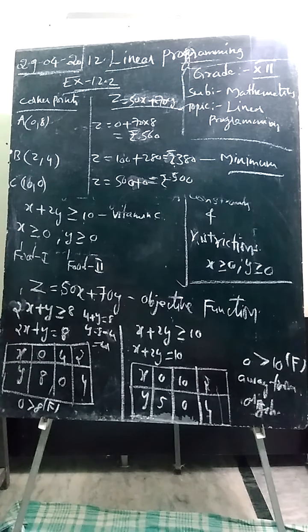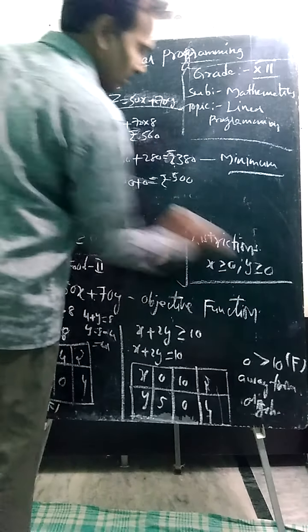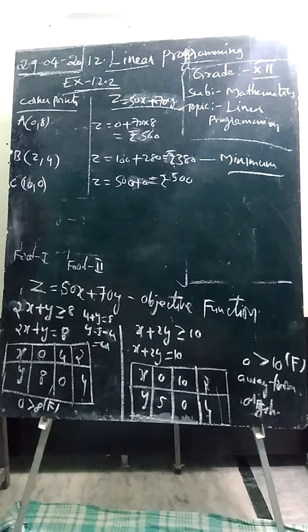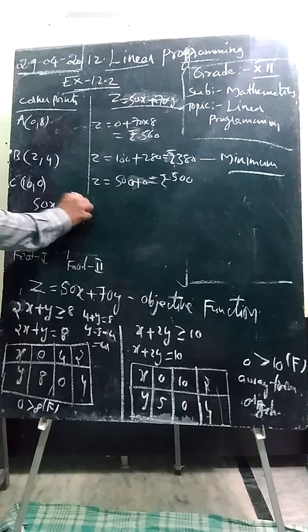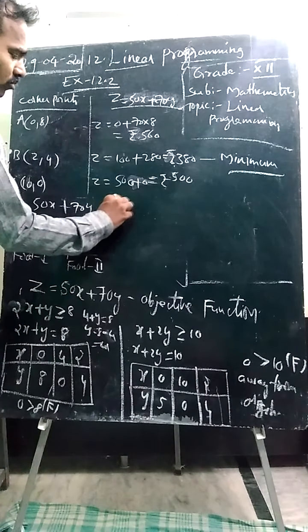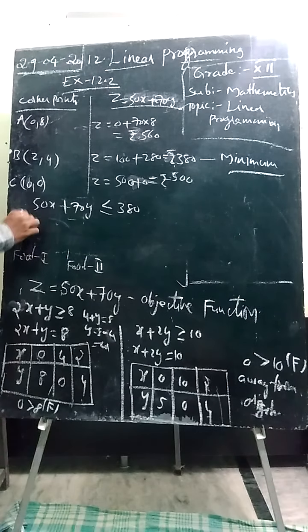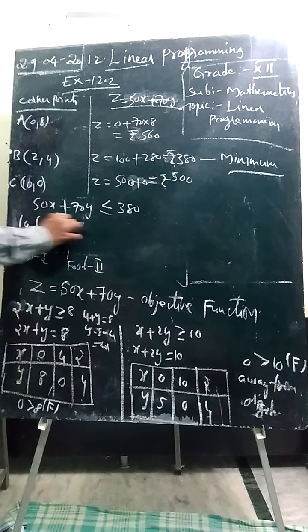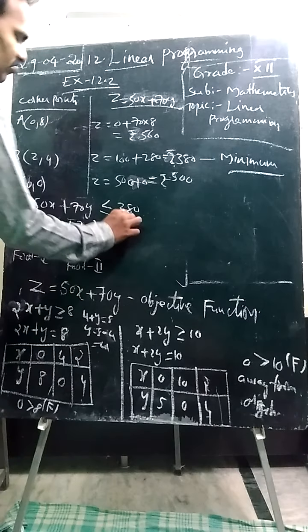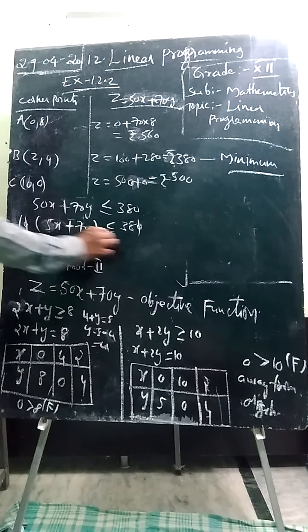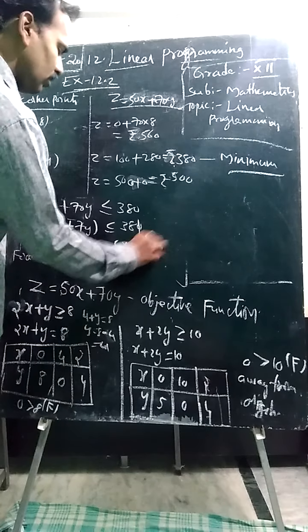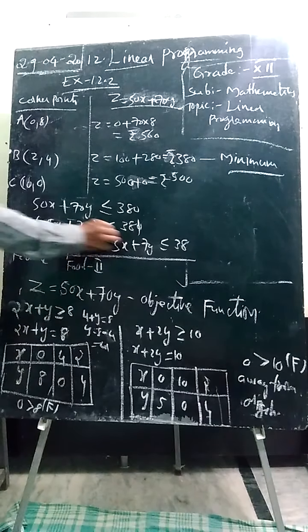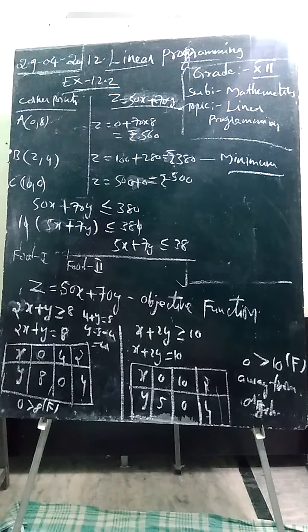So here we can frame the equation like this, students. For the objective function, we have taken only the minimized value function. So 50x plus 70y should be less than or equal to 380 to get the maximum amount of energy, I mean vitamins, as per the given problem. A food dietitian, 0, 0 cancel. So this is the required condition to get the maximum amount of vitamin A and vitamin C with the minimum cost price. This is one of the ways related to diet problems.